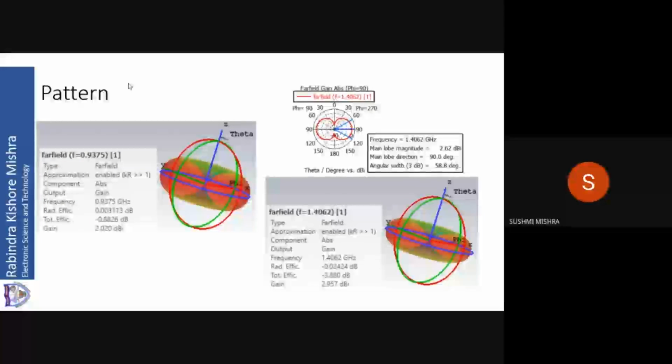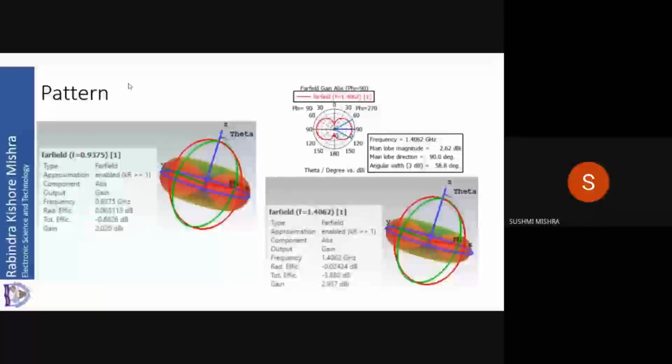Now the thing to note here is at this 0.5 lambda, which is lambda by 2, radiation efficiency in this case is 0.003 dB. Total efficiency is minus 0.88 dB or minus 0.89 dB. Gain is important. Gain is 2.02 for a lambda by 2 antenna. Similarly, if I go for a